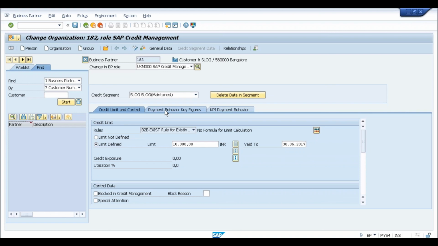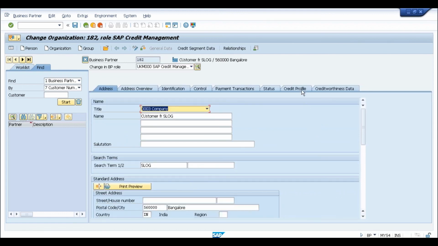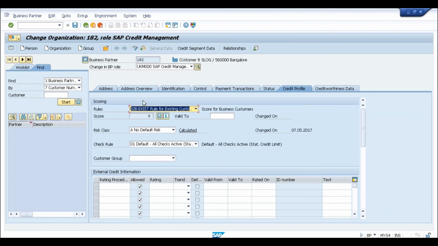So how is it matching, and even the options are new. Yes, there are a lot of options. For example, if you go to this general data and then credit profile, there are some options related to totally new functionalities, which were never available in AR FI credit management. But we definitely need to understand whatever fields are available in FD32, through which name they are available in this new system.